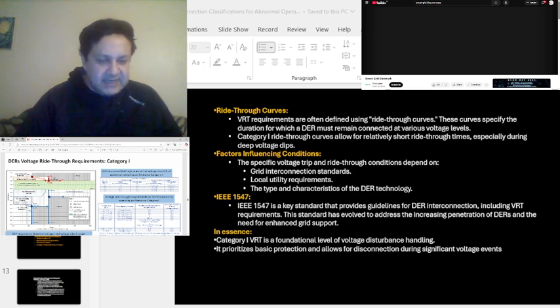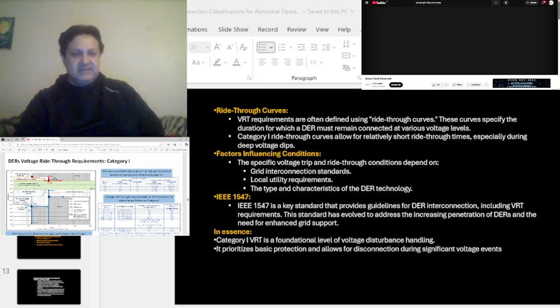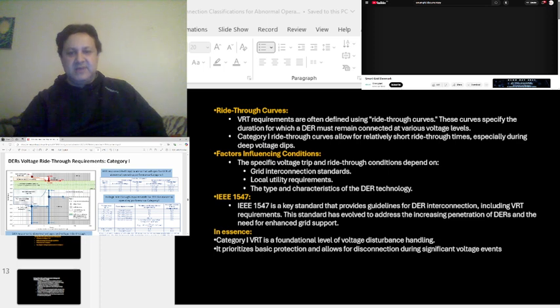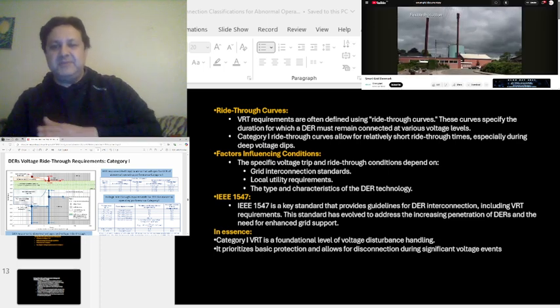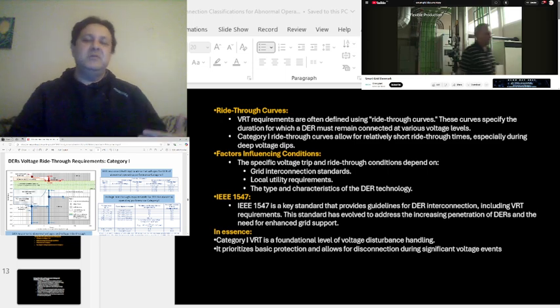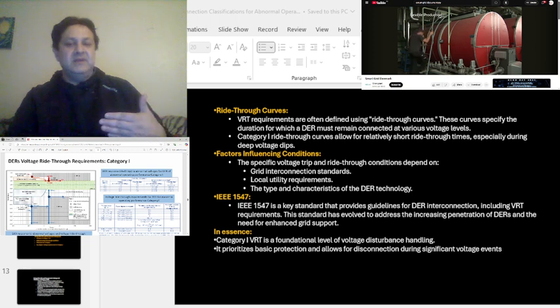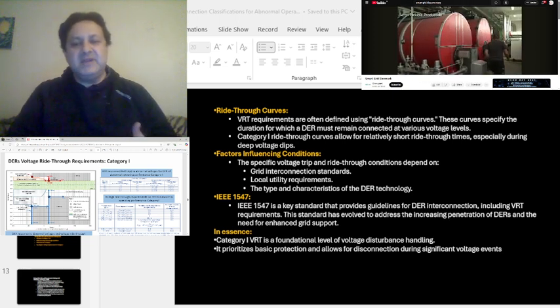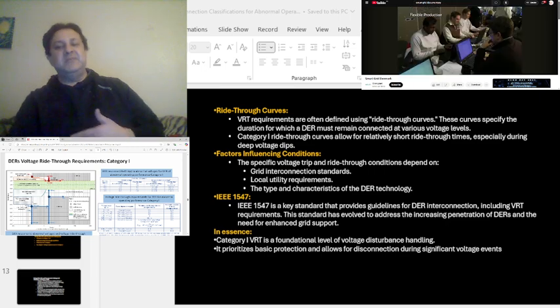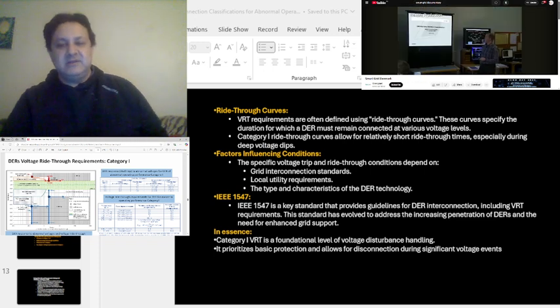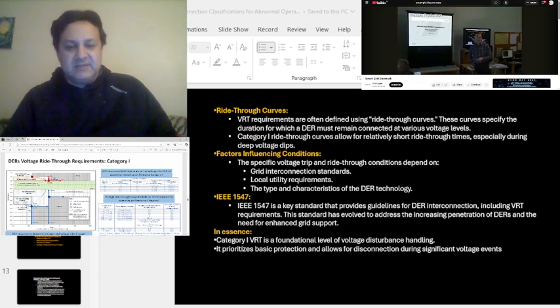This is a voltage and a time. The y-axis is the voltage and the x-axis is the time, and various thresholds have been shown as well. So DER response shall trip to abnormal voltages, it is being shown for DER of abnormal operating performance category 1. In the second table, you can see voltage ride through requirements for DER for abnormal operating performance category. So these are the two tables we can have a look at, and let's move on to